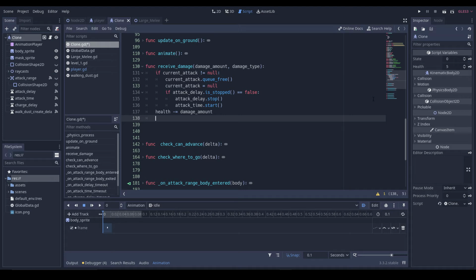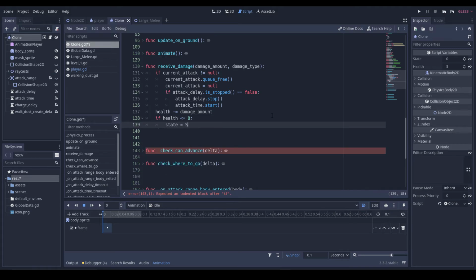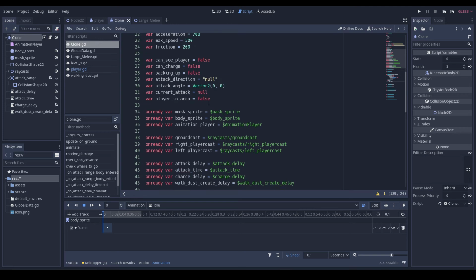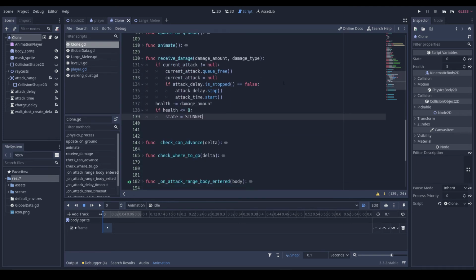So health minus equals damage amount. If health is smaller than or equal to 0, state is equal to stunned. That's basically, I'm gonna make it so that you can only possess stunned enemies. And when an enemy reaches 0 health, or maybe if we get some other mechanics, then they can be stunned. And after a certain amount of time of being stunned, they're just gonna die. So they get stunned, and then